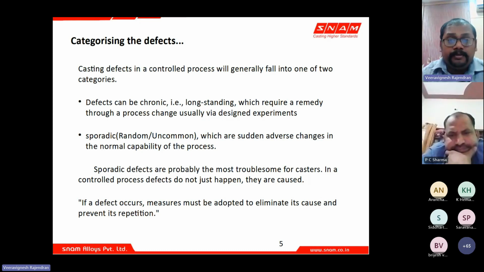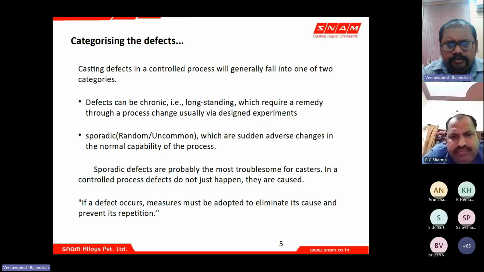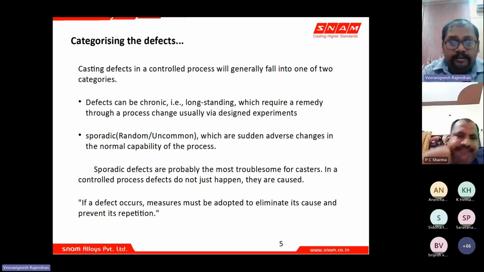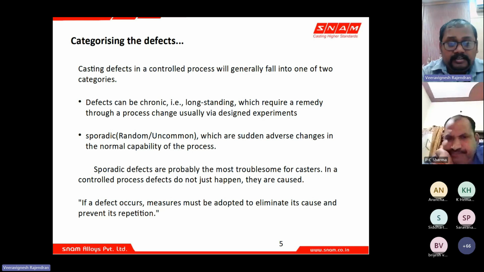Because when you try covering up today, there is a simple term: a defect means it's a compounding effect. So say, for example, today you have a problem with respect to sand temperature. Say your retention temperature has increased today. So today you try to add some water, control or reduce the sand temperature for just the day or just the shift, and you run your foundry. This increase in sand temperature